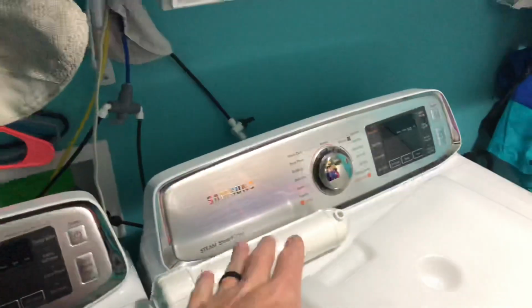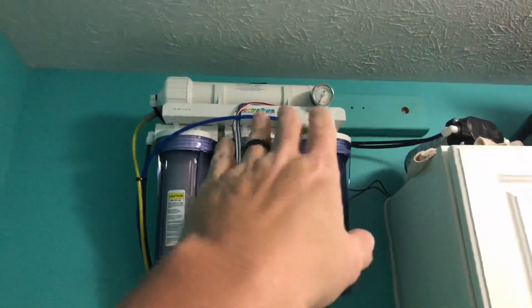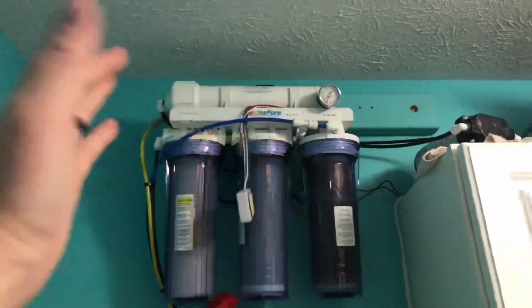And again, I could take that pressure gauge out and put it in this one, but I just really want to wait until the new one comes in before I get this all set up. And on top of that, I hope that there's enough water in there to keep the membrane wet. Otherwise, guess what? The membrane's going to go bad. So that's part of the predicament. So if we take another stroll here,